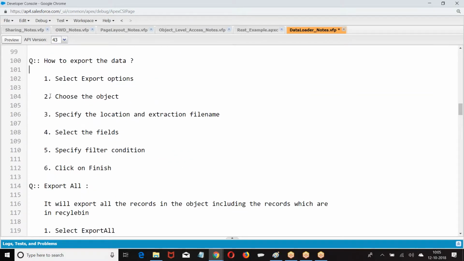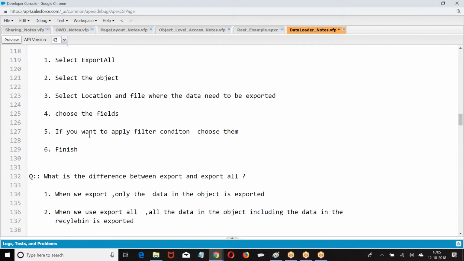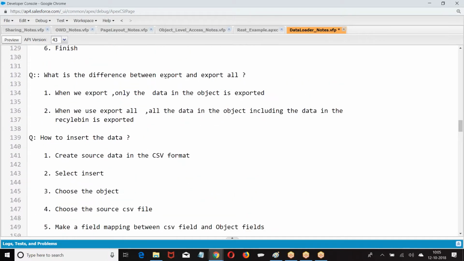How do you export the data? Select the export option, choose the object, specify the location, select the fields. If you have any filter condition, apply it, click on finish. Export All is the same story. What is the difference between export and export all? When you export, only the data in the object is exported. When you say export all, it includes the data in the object, including the data which is